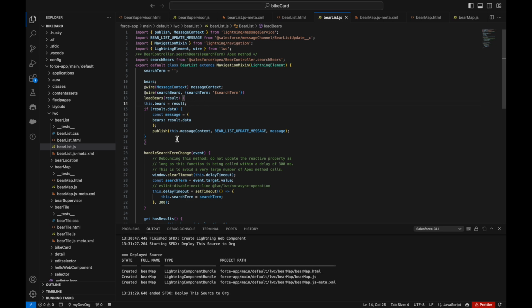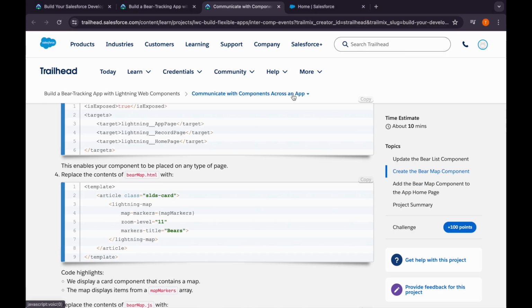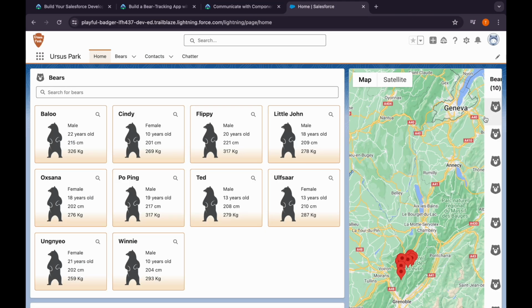Okay, so you can see, I don't know why this is occurring, I need to fix it by using CSS or